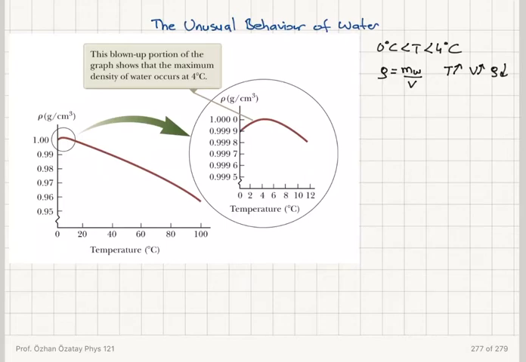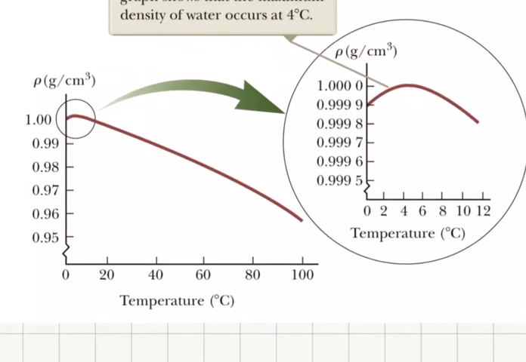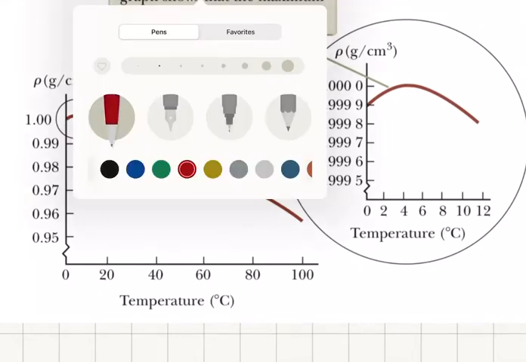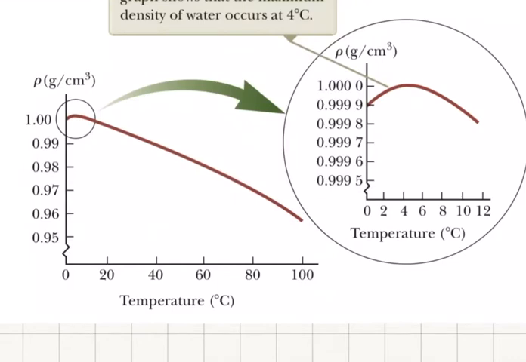So if you look at a plot of density versus temperature for water, indeed that is the case, except there is a region here from 0 to 4 degrees C. You find that density is actually increasing as it is heated, going from 0 to 4 degrees C,